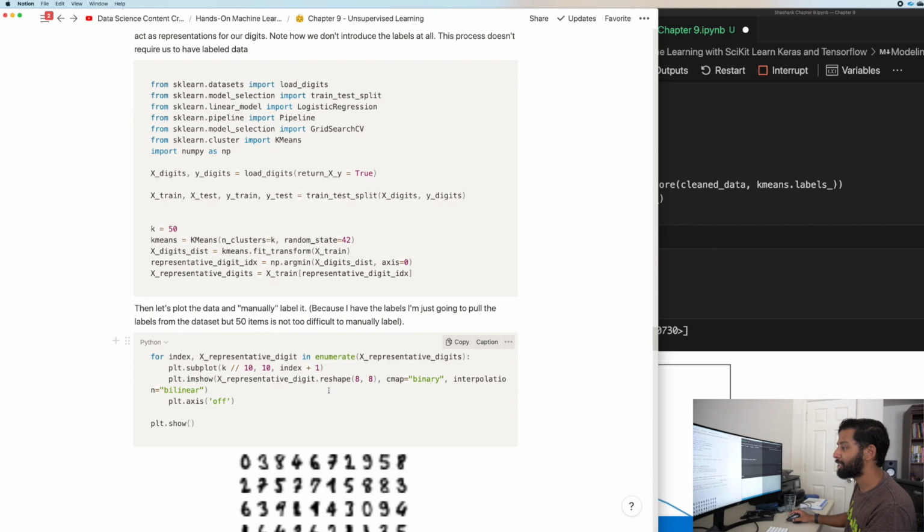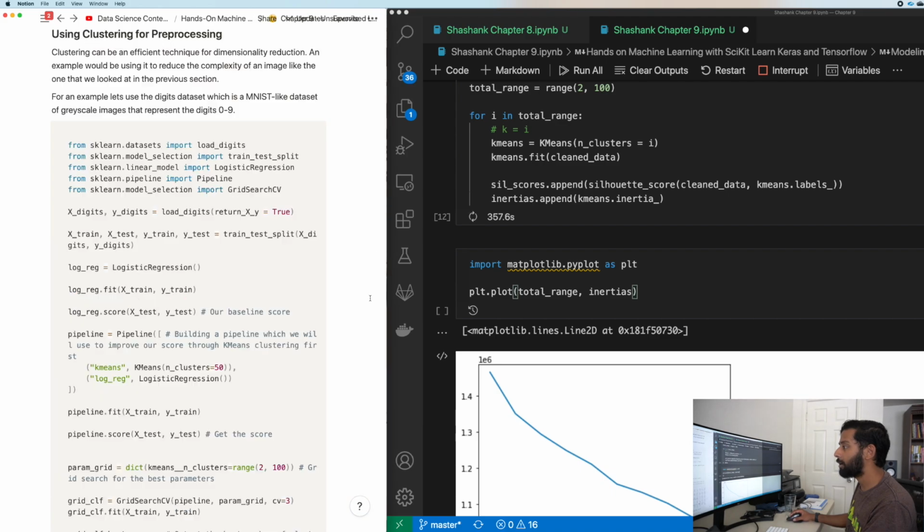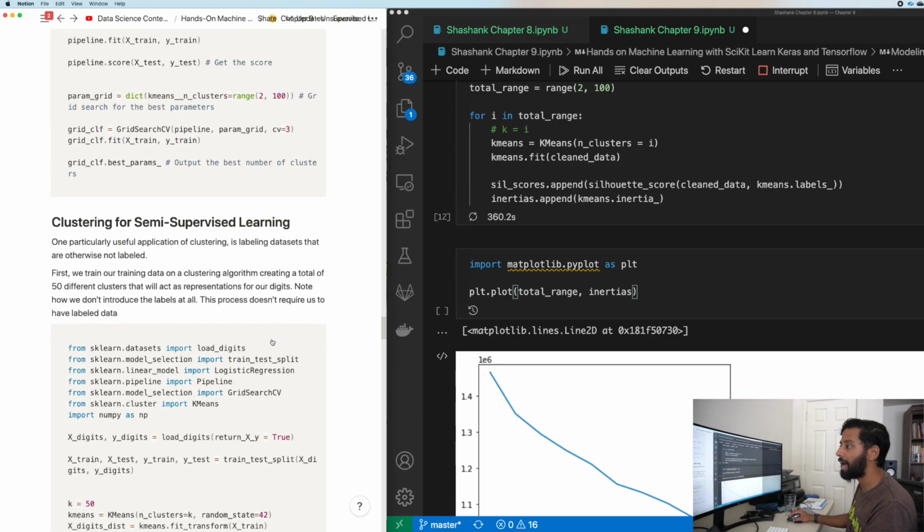So you'll see over here what they're doing, and this is just the example from the book. Basically, we bring in all of the numbers and we remove the y value. We have the y value, but we remove it. And then using the clustering algorithm, we're able to label the data with a very high degree of accuracy. So this basically gives us a significantly larger amount of labeled data, which we can then put into another machine learning algorithm to predict whatever we want to predict, or train that machine learning algorithm. So this is a great way to give yourself more data if you don't have enough data.